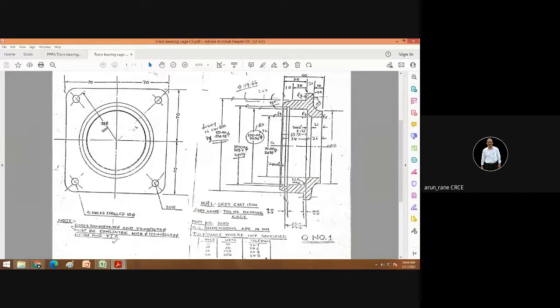So I'll show you in the drawing. What is operation number 10? That is you are holding here on this square jaw in a four-jaw chuck, or you can hold it here also, on the flat surface. But here, since there is a 10R, there will not be much flat land to hold. See, remember, minimum 3 mm is required for holding. So the best option is to hold it on this square flange.